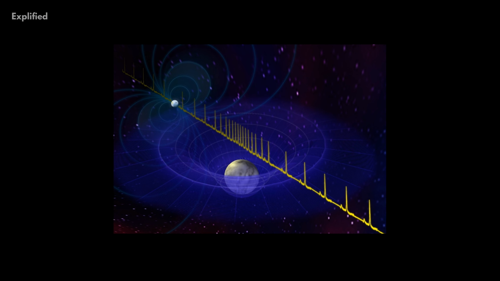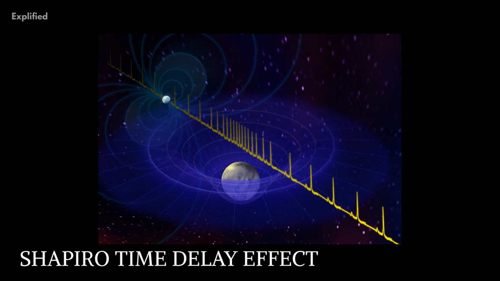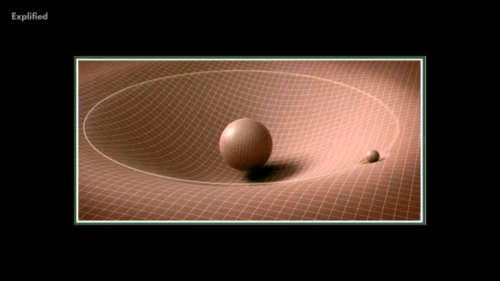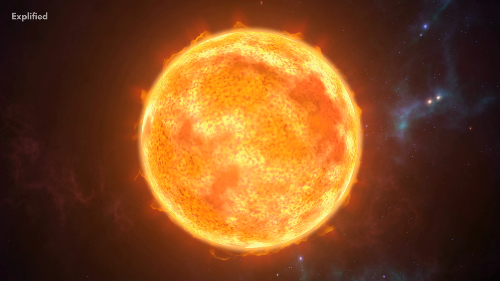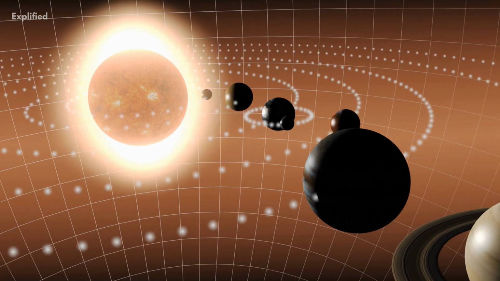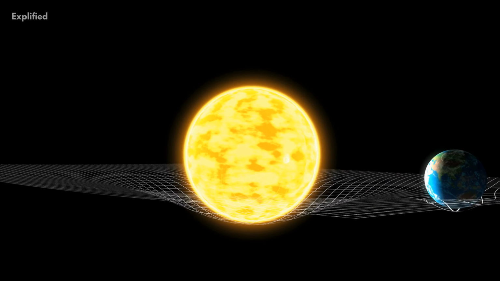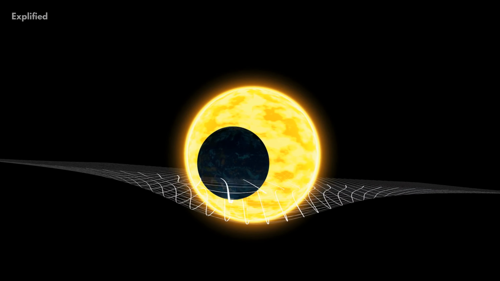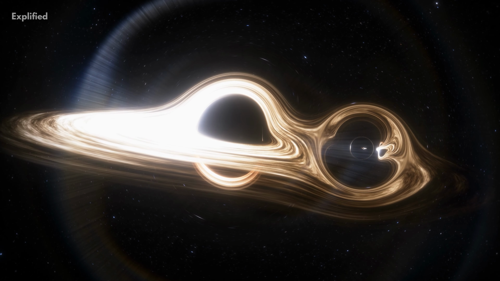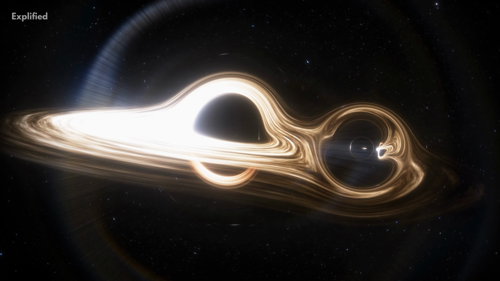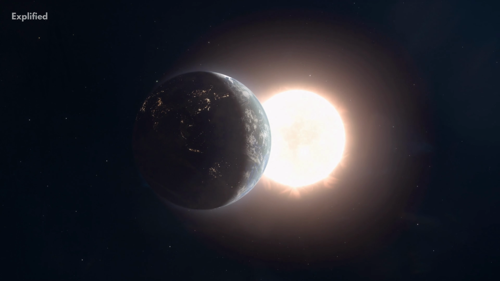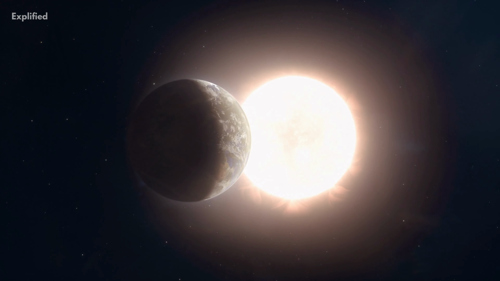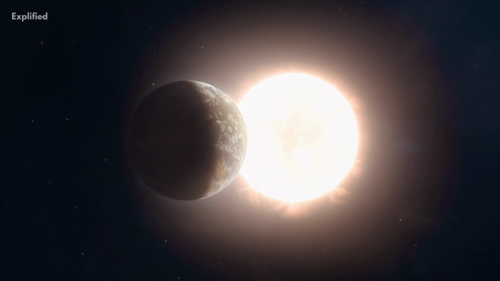There is also another effect known as the Shapiro time delay effect that confirms the theory of general relativity. We know that the Sun is extremely massive and a lot bigger than any of our planets. Therefore, it causes a bend in the spacetime fabric. Any light that passes by won't travel in a straight line, as it will bend as well. As a result, light from a planet on any other side of our solar system from Earth will reach us a little bit later than expected.